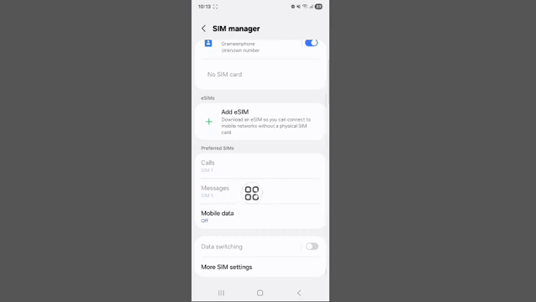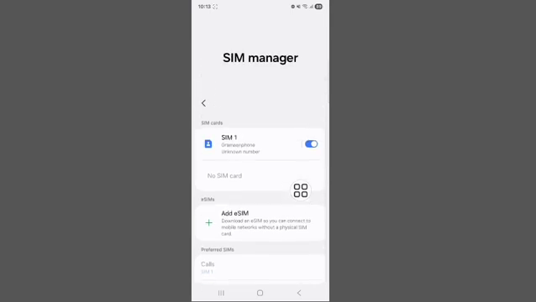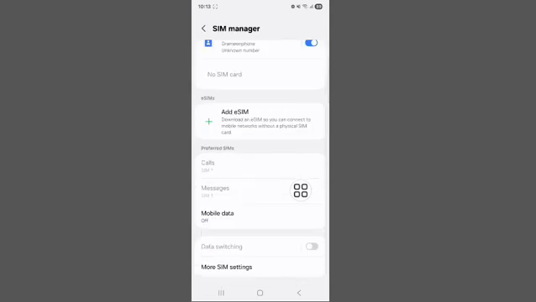You can see that it is not showing this option. Hopefully your